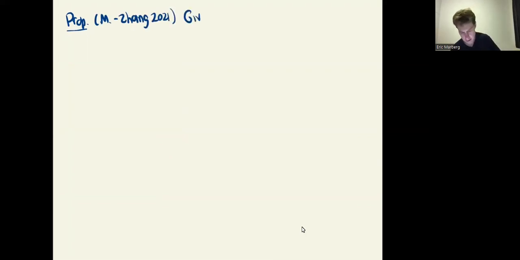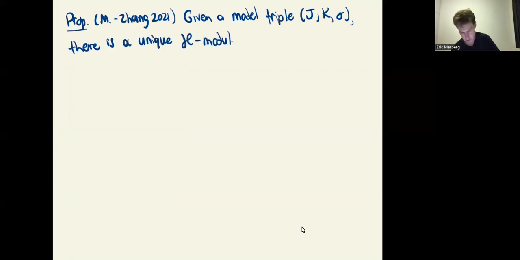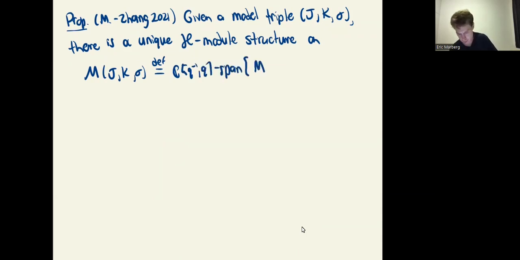Given a model triple J, K, sigma, there is a unique H-module structure on this space M(J, K, sigma), which I'm going to define as just the span of these formal elements,